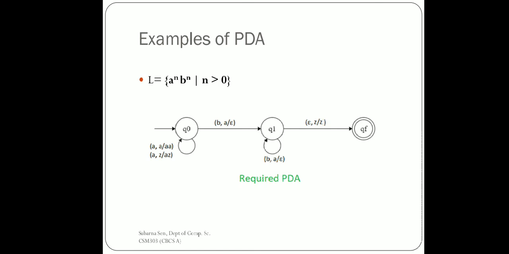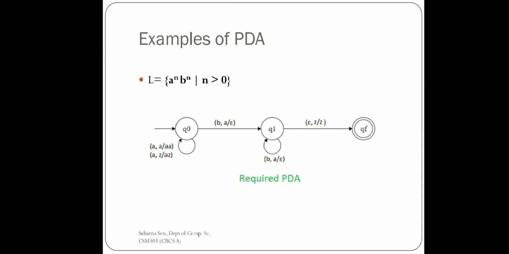Now once we look into b, what is our job? Once we have seen b, we will transit to a new state and do a pop operation. See, epsilon is given. Epsilon means popping, right? Why are we popping? Because whenever we encounter b, for each b we have to keep on popping each a. So if the b's finish and the stack content comes to Z, we can say that the number of b's and the number of a's are equal.